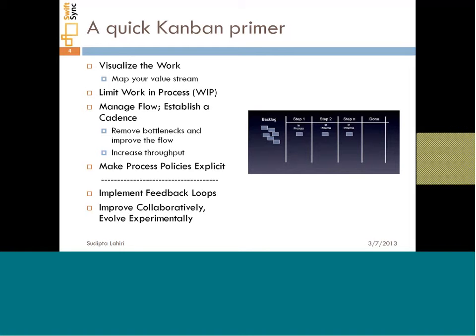So in essence, what that means is that if you have a testing team that is getting choked up, there's no point of going on developing and feeding the testing team, because they can't anyway take it more. So everything has to revolve around the constraint and trying to make sure that the constraint, the bottleneck, is removed. It talks about making process policies explicit.